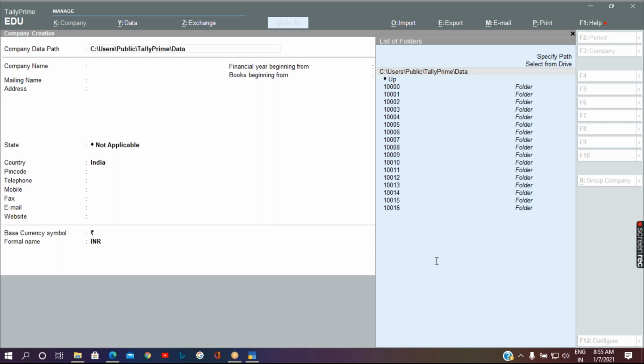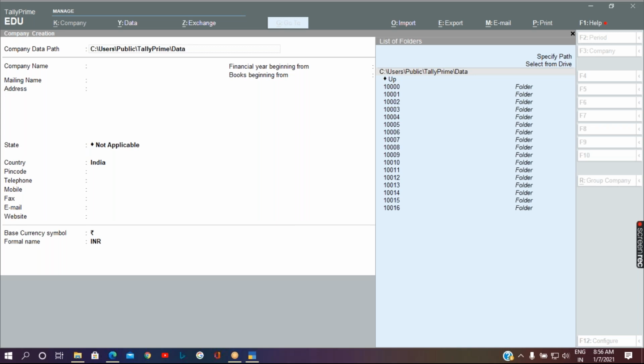If it is a single underline, it is the Alt key. If it is a double underline, very good, it's the Control key.